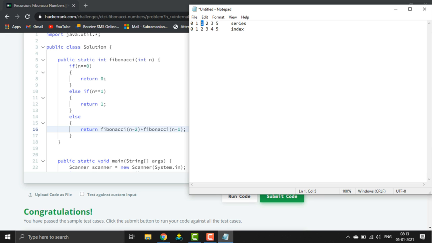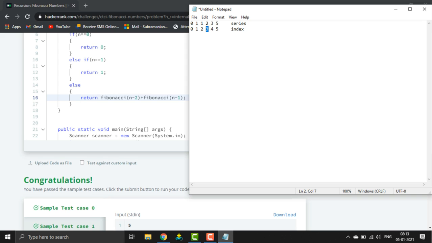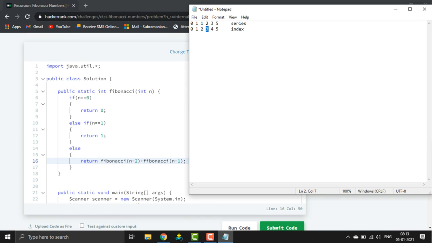Then let's check how the third position gets its output. Once we pass 3 from the main method, it will come into the Fibonacci method, and it will check if it is 0 or not. If it's 0, it returns 0. If it is 1, it returns 1. Else it comes into this one.